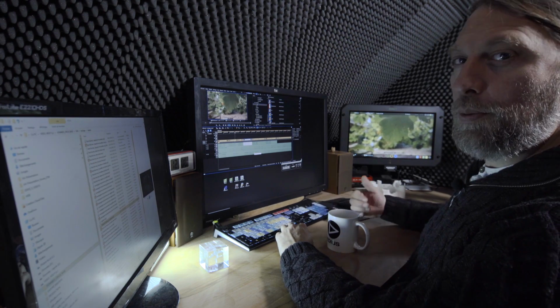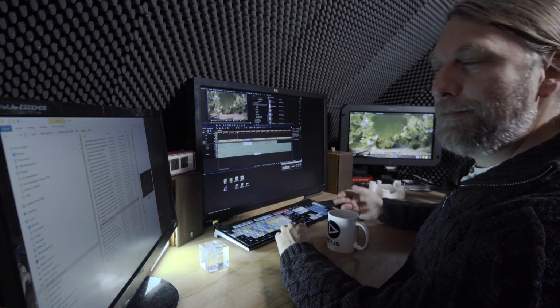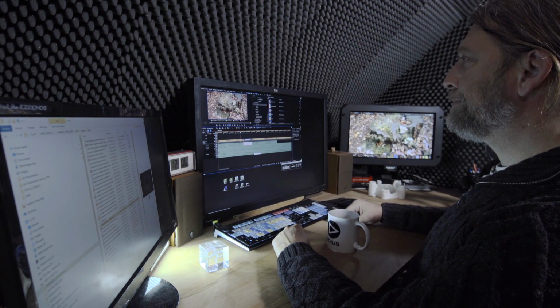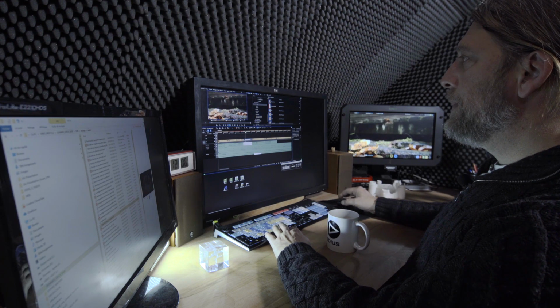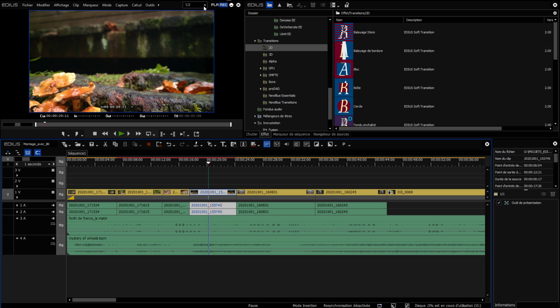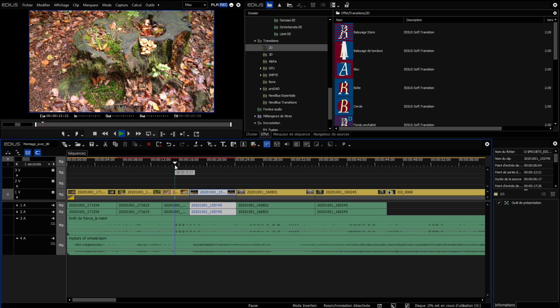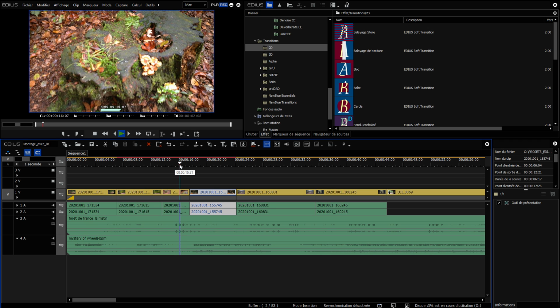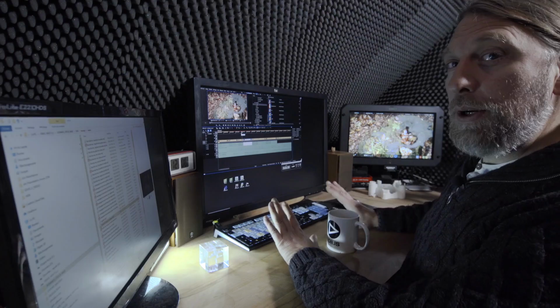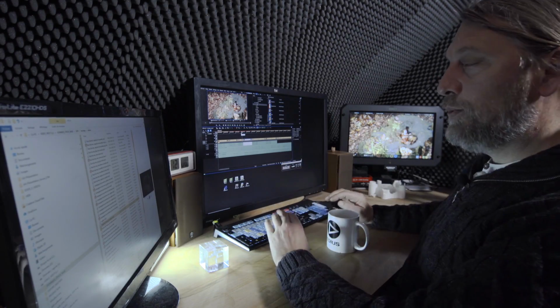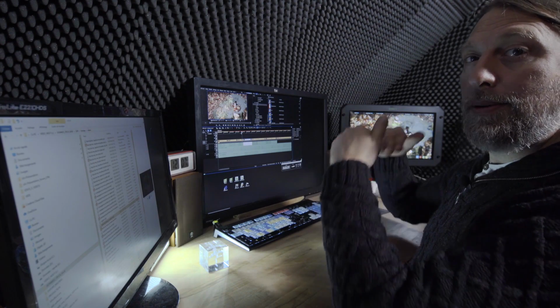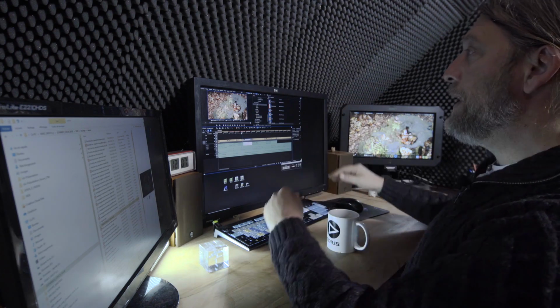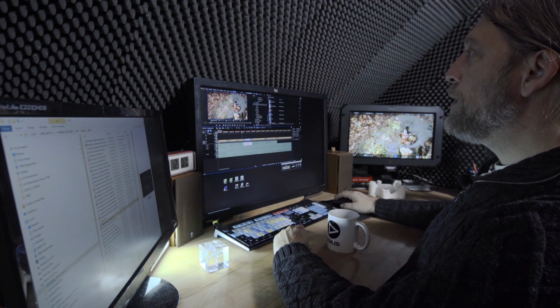Now we can see that the computer is having a little trouble playing the video. This is normal. If I set the preview quality to full mode, the playback will suffer even more. This is normal. But in doing this, I wanted to show you that we can quickly switch an HD project to UHD, from a Full HD project to UHD. And with the Workgroup version,